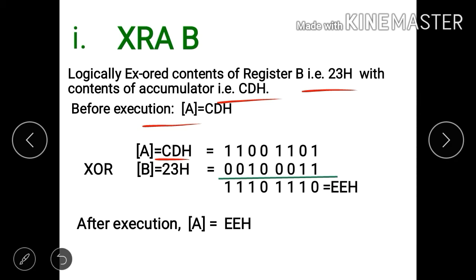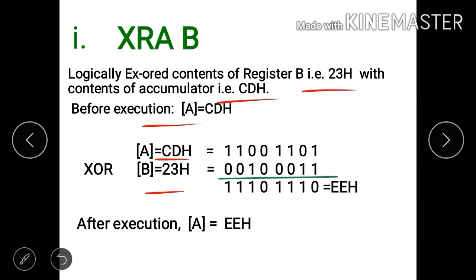So we have to XOR with register B. The content of register B is 23H. The binary format of 23H is 00100011. So we will perform the XOR operation on this.